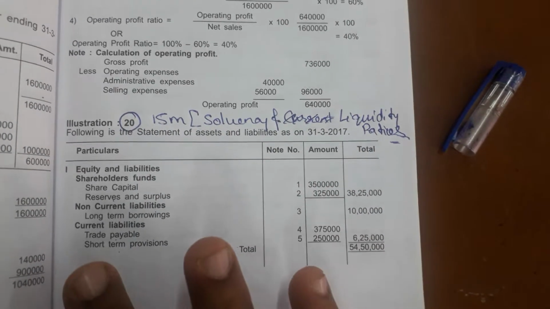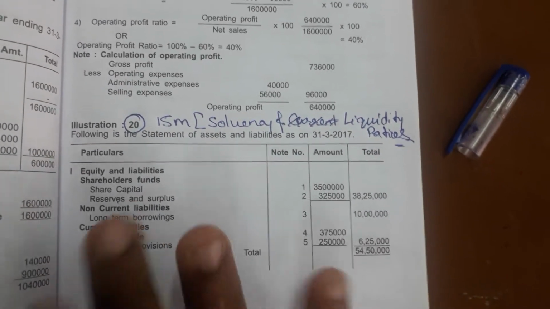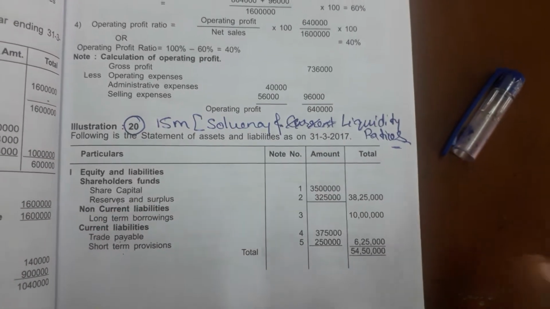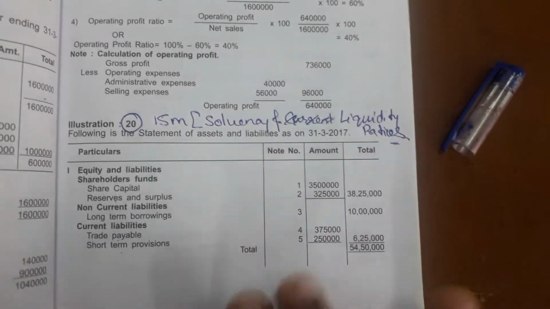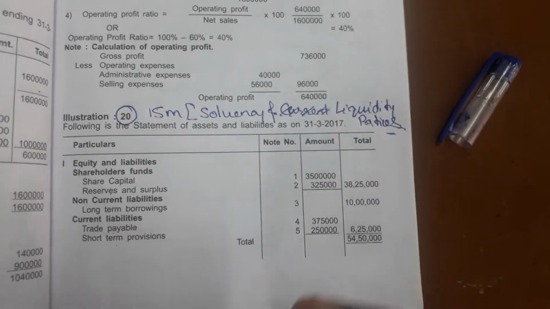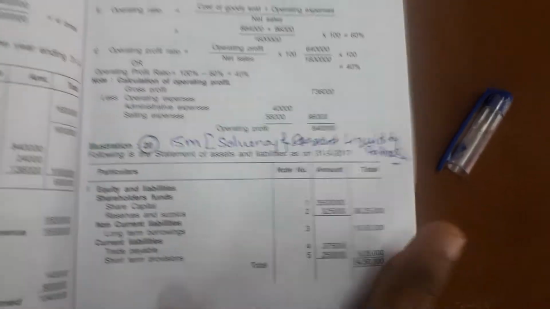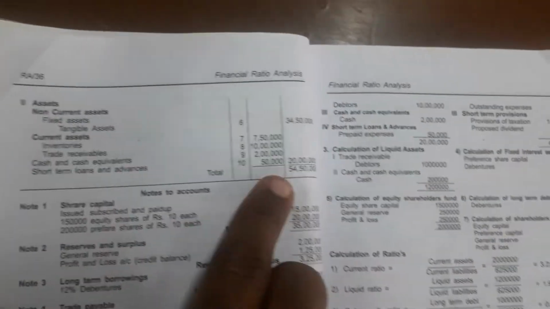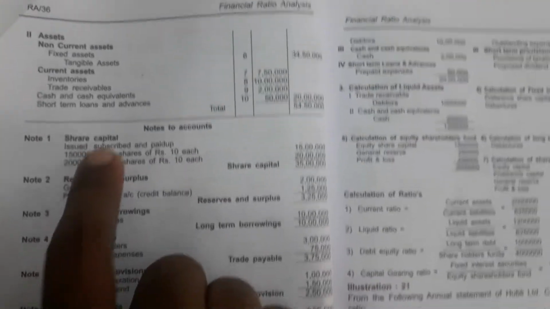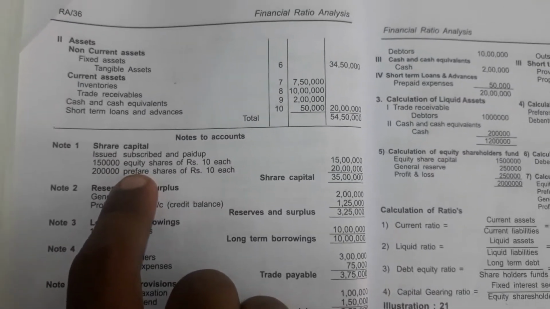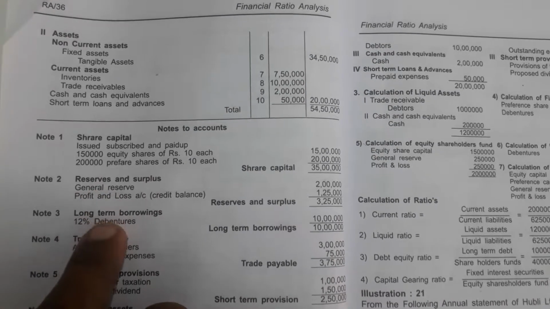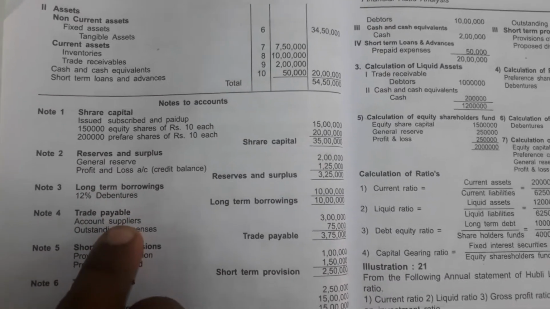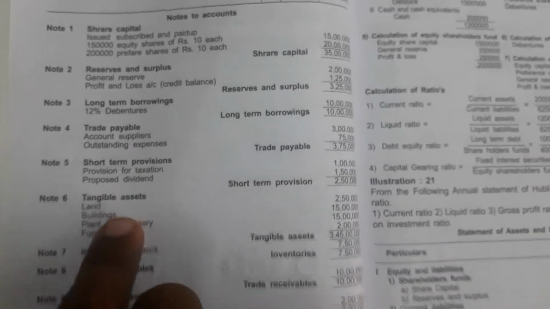In the prior module on comparative and common size we were doing problems directly from the statement itself, but for this we require these notes because we have to find out the ratios from them. So this is the full-fledged format. But under share capital, what is given, we have to check, that is very important for us. Under reserves and surplus what is given, long term borrowings what is given, trade payables, short term provisions,